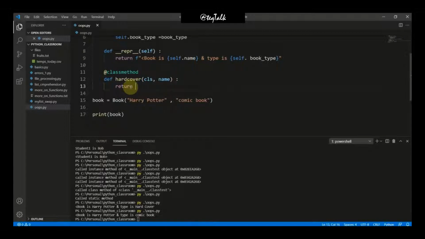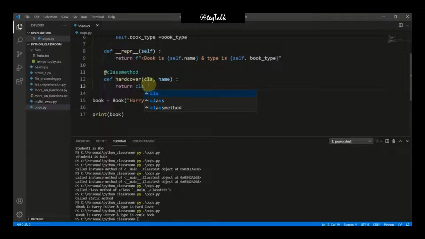Now we are going to create our new object inside our hardcover method. So how to create our new object? Simply as it is, like we have created our new object here with the class name. So we can write Book, or we can write CLS here, because CLS is representing the class itself.